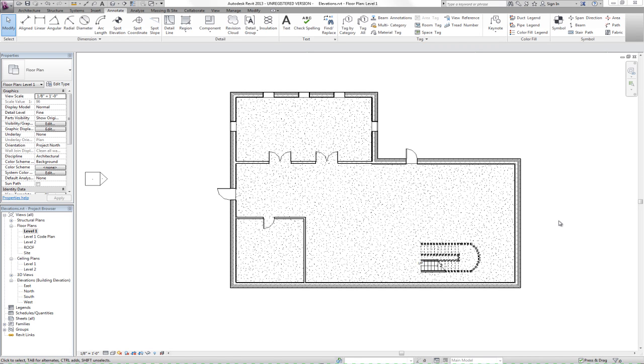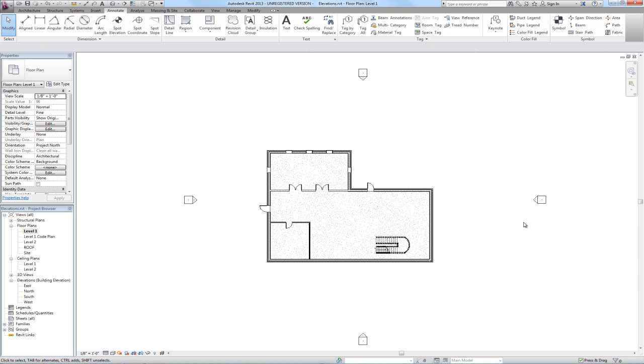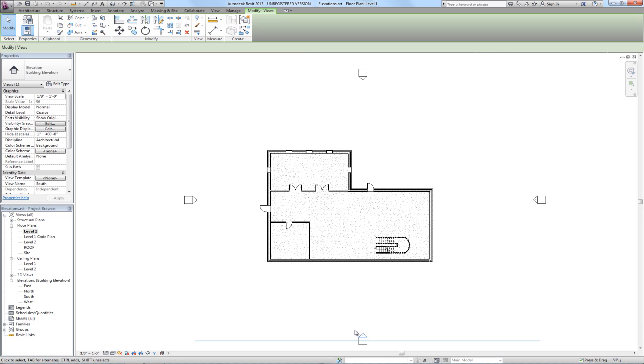Now we're going to talk about elevations. To begin with, we notice that the template we started from has 4 elevation tags. These are generally meant to be exterior elevations, so you should begin drawing your building within the center of those 4 elevation tags. If we select the pointing part of one of these tags, we see a line that shows